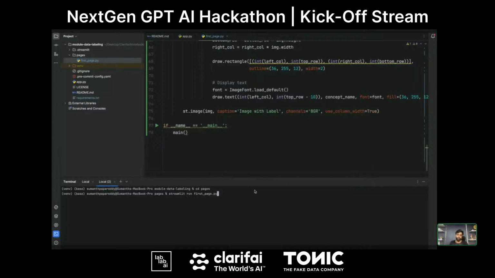This is the command that helps you run your app locally. It's recommended that before deploying your modules to the cloud, you test your app locally, making sure all the UI and everything you added is working fine, so that you can jump on to deploying the module. That's what I'm doing here. Streamlit run app.py, let's run it.